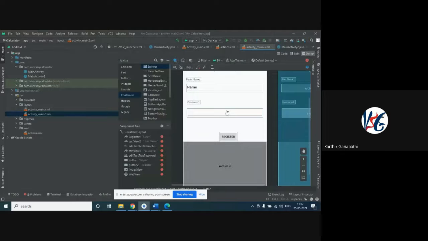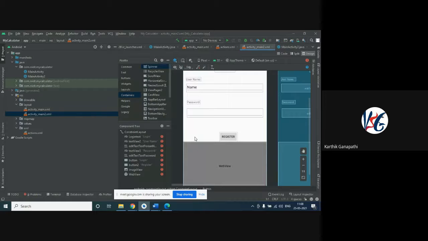For example, this particular container will be having one nested scroll. If that is the case, this container will have an individual scrolling part. But this one will have another nested scroll, where the content in the white background will have a different scrolling activity. This is what we are going to call a nested activity.